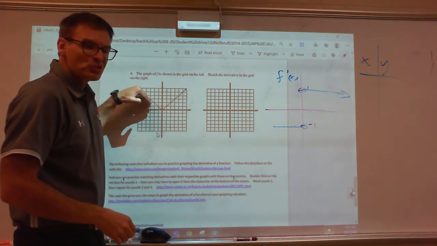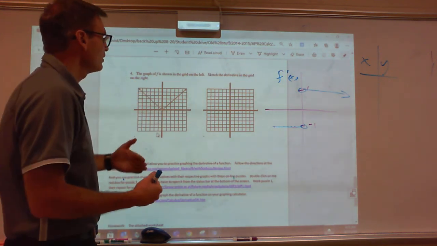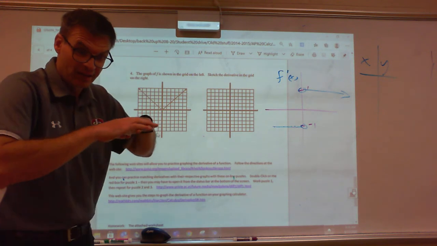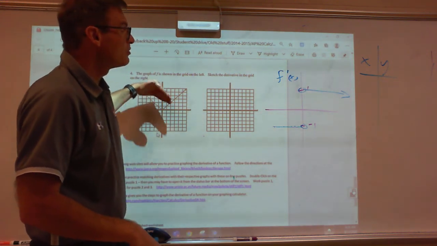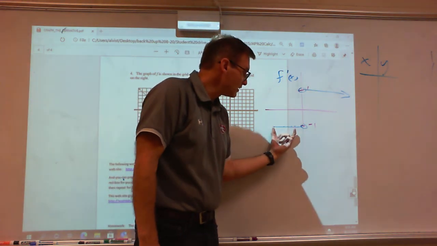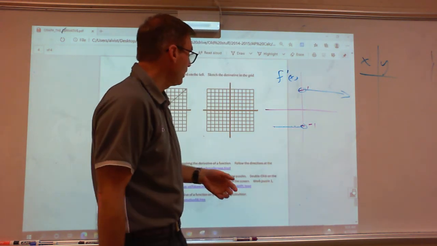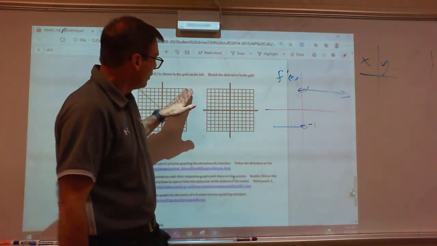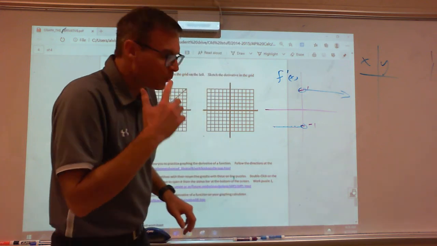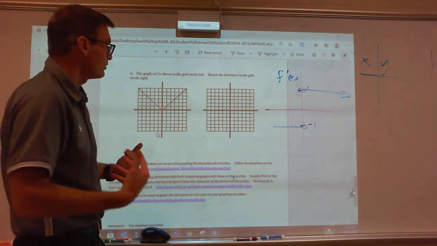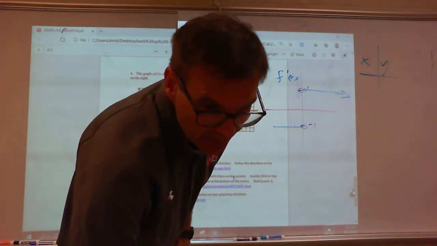So whenever you see straight lines, anytime you see just something that's linear, it turns out the graph of the derivative is going to be a horizontal line of whatever the slope is. Had this been a slope of 2 on this side, then this would just be sitting up higher. So it looks kind of weird. I remember the first time I saw this, it looked weird that this was different. All right, so